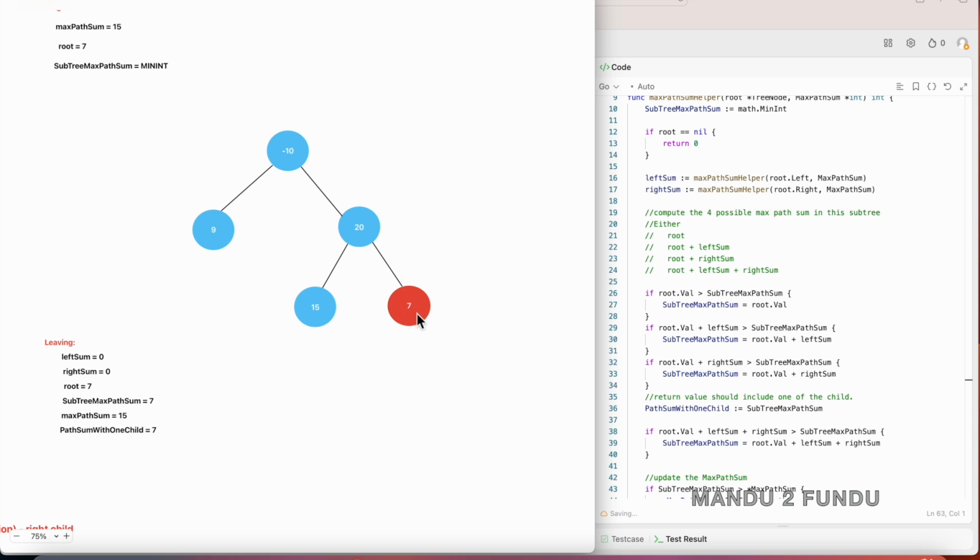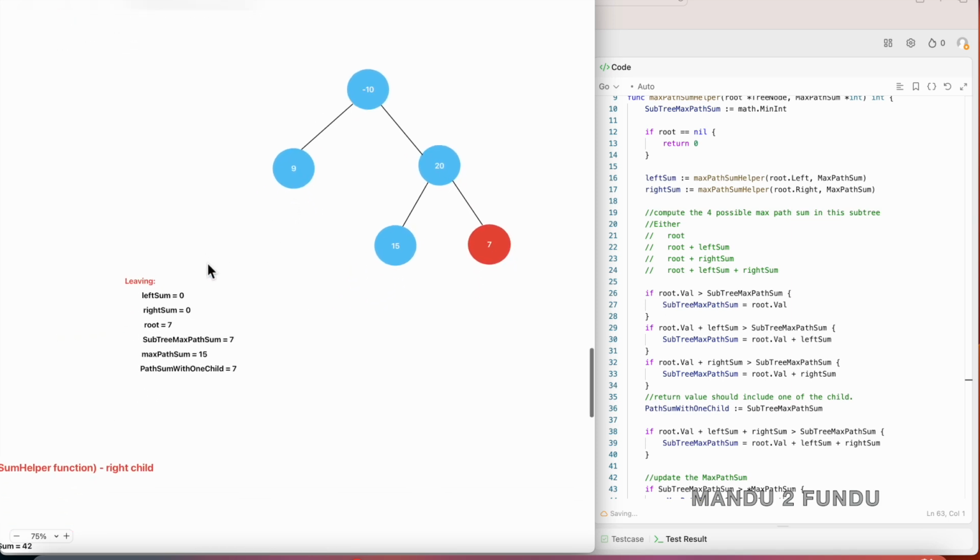returns, because this node does not have any left or right child, the left sum and the right sum are 0, and the subtree max path sum is initialized with 7. The current max path sum is 15, which is greater than the subtree max path sum, so we are not updating anything here. And then the path sum with one child is updated with 7, and that value is returned back to the parent 20. Okay,